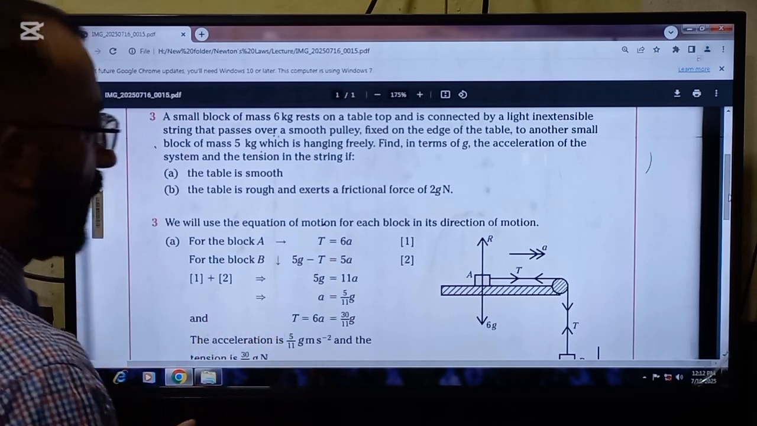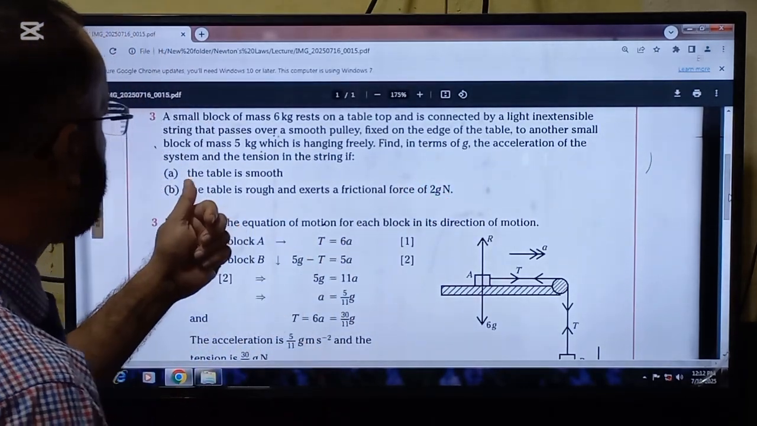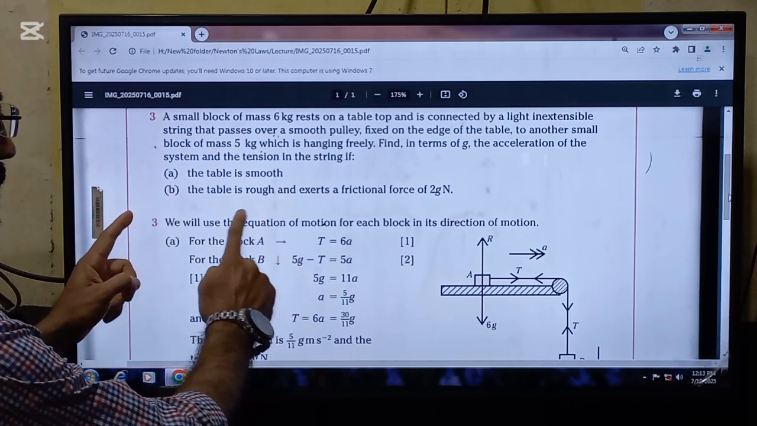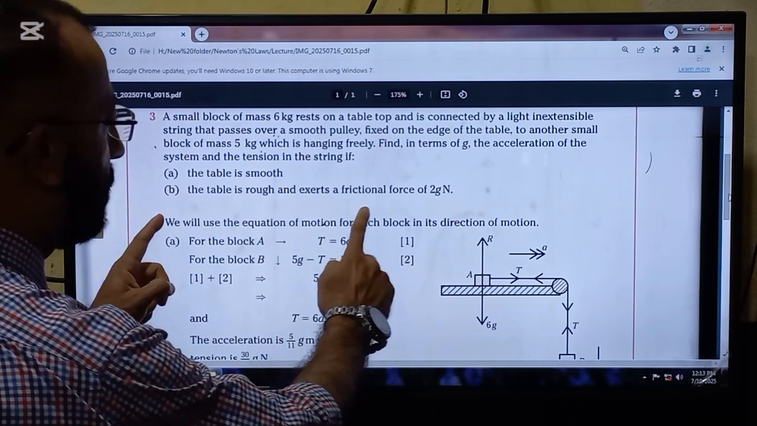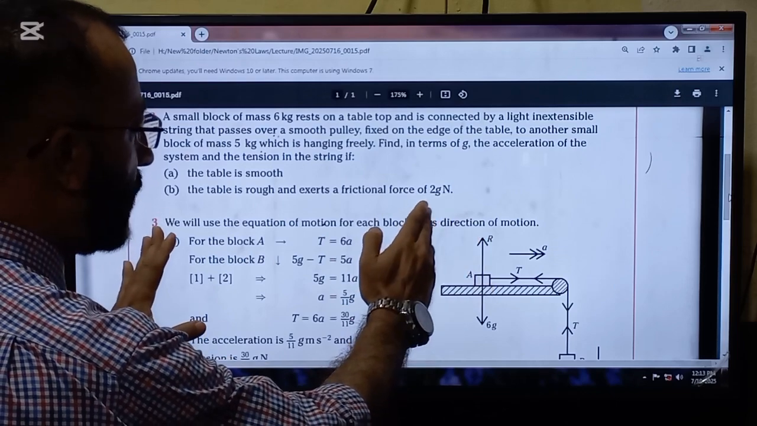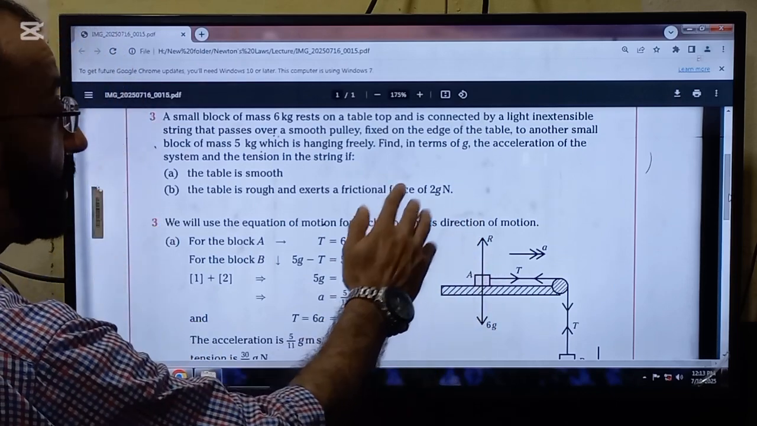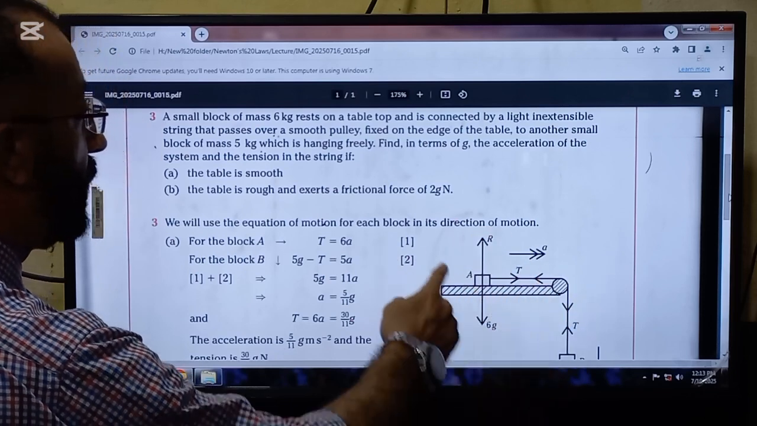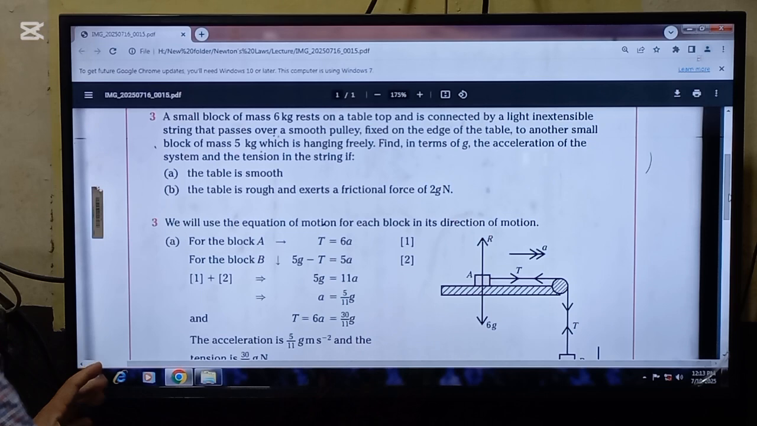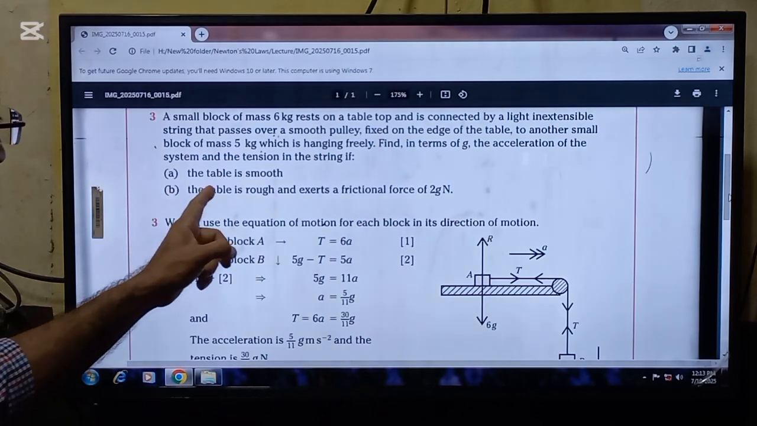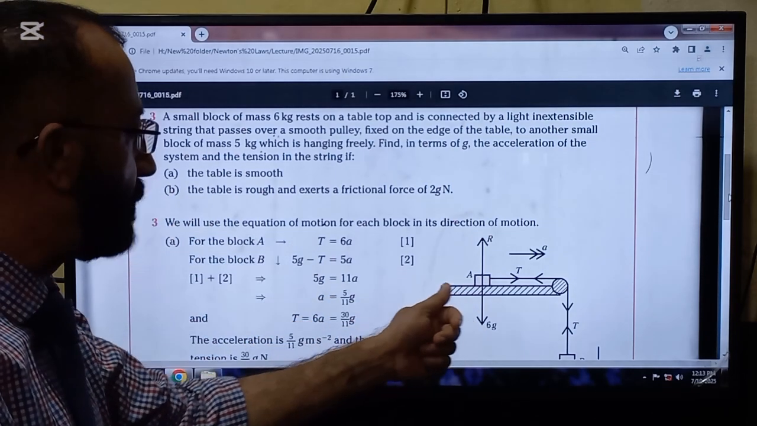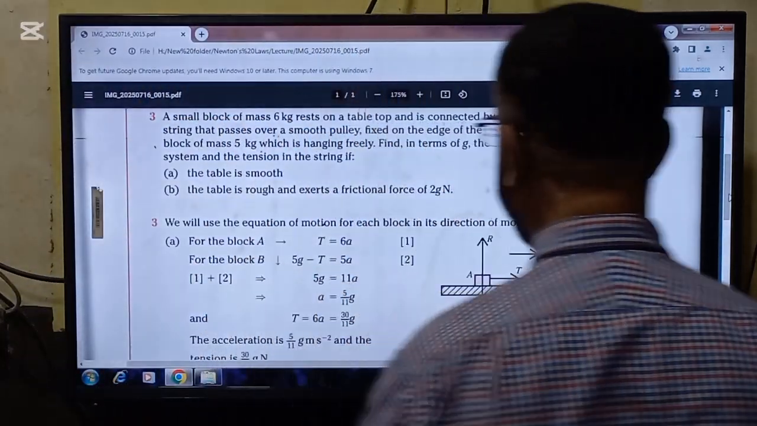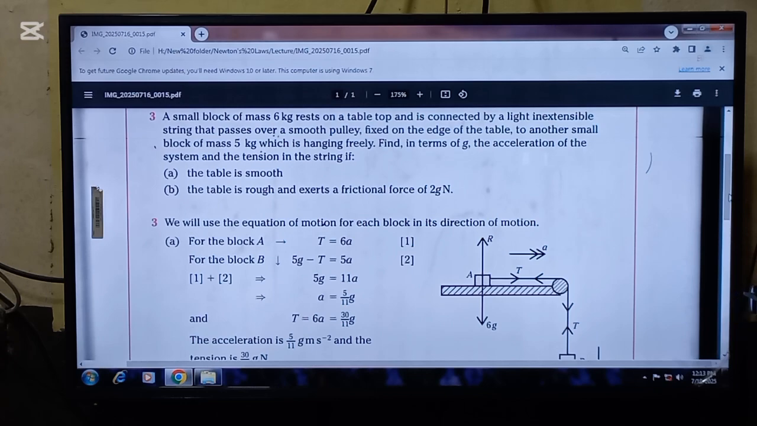So two things are the requirement: acceleration and the tension in the string. A part is when the table is smooth, and B part is when the table is rough and exerts a frictional force of 2g Newton, where g is actually 10 meters per second squared. So this is the thing. First we are going to solve A part, when the table is smooth. It means there will be no frictional force that will resist the motion of the body. So look now, we will solve the two